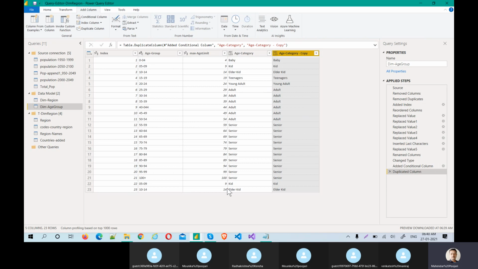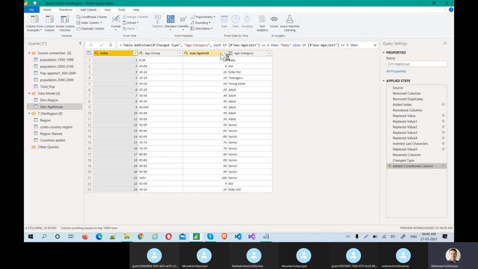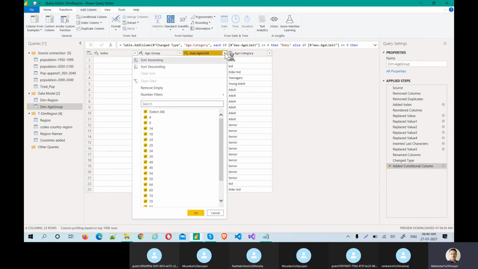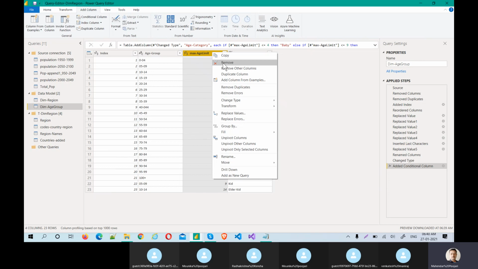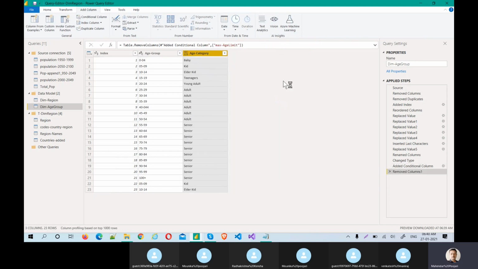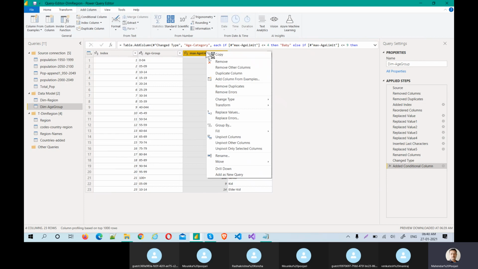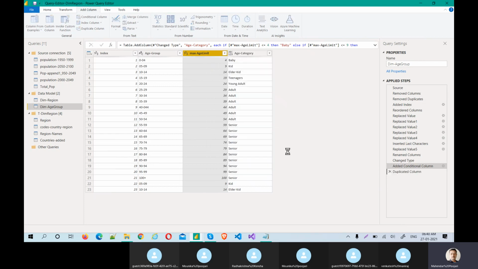Yeah, why is this still there and this is there? Okay, let's do remove duplicates from here. Sure, sorry. Remove duplicates. Will they go?